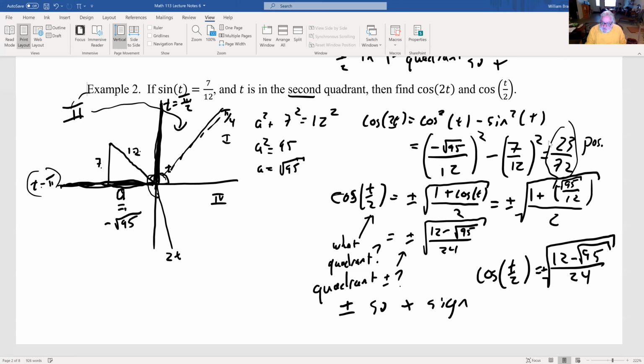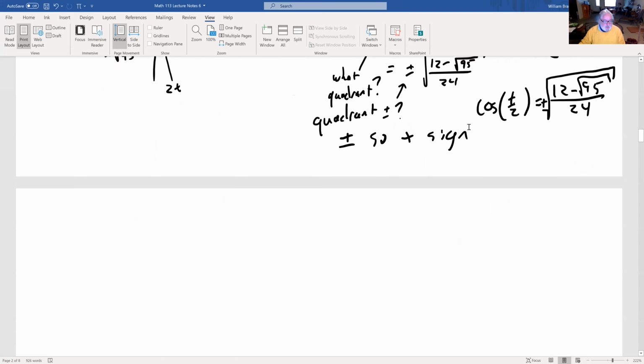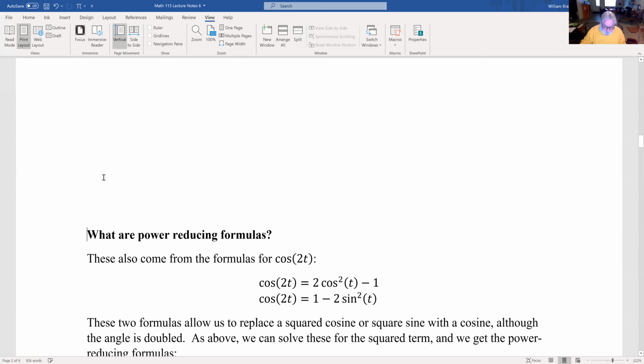There's a plus sign there, if I can fit that in. Okay, so when you're taking the half angle formula, you have to figure out what quadrant your angle is in, and then if you cut that in half, what quadrant is the half angle going to be in? Okay, so,